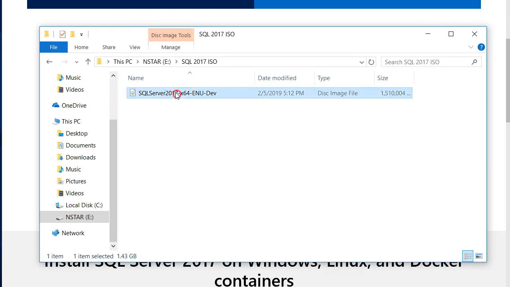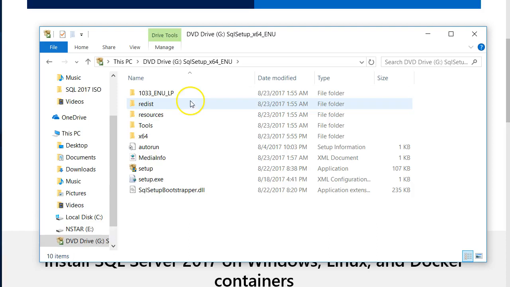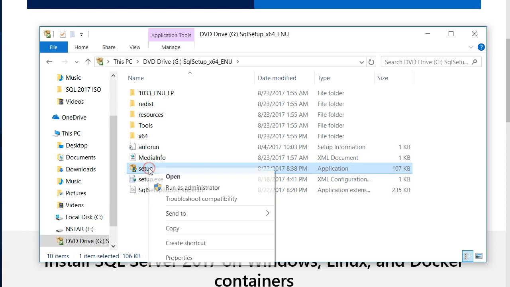And then I'll open up my ISO. So I'll go ahead and mount the ISO so I can install. So right click. Alright, so now I have access to all of my files. On the setup, I'll run as administrator